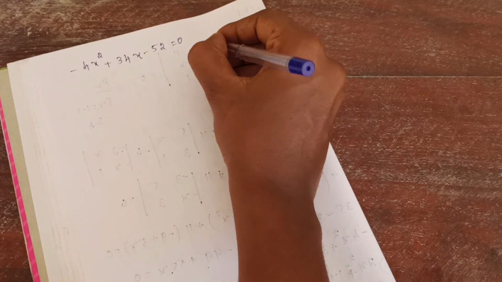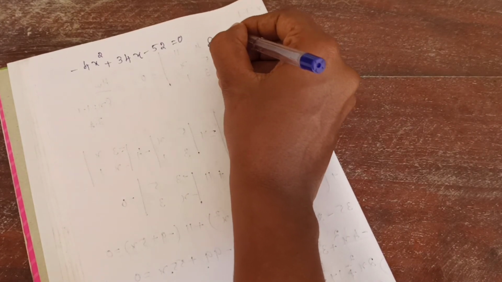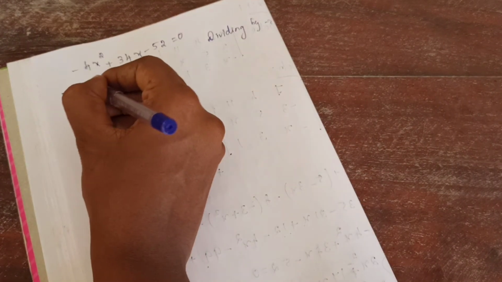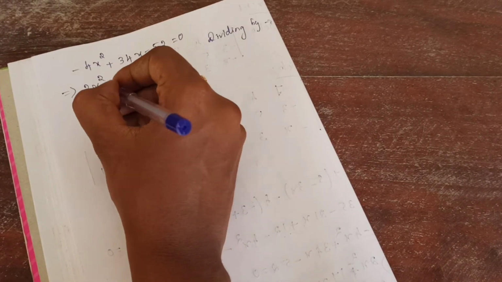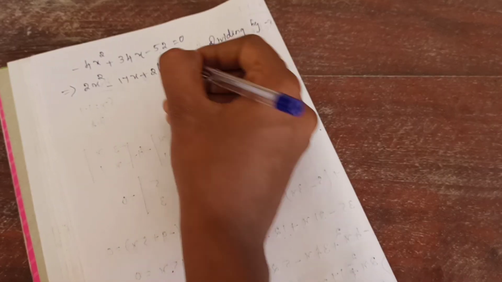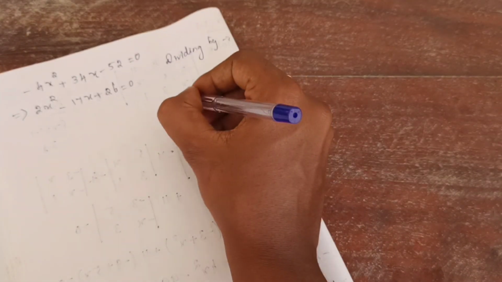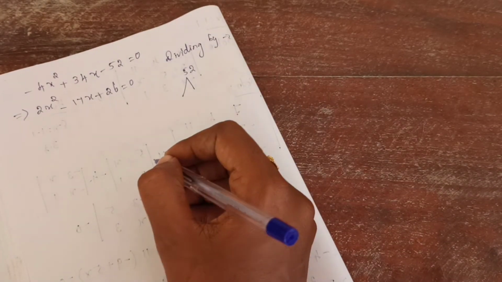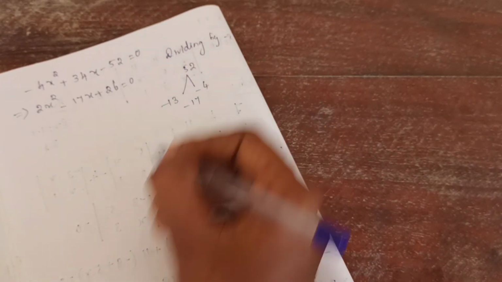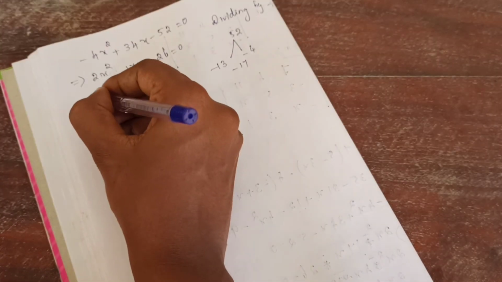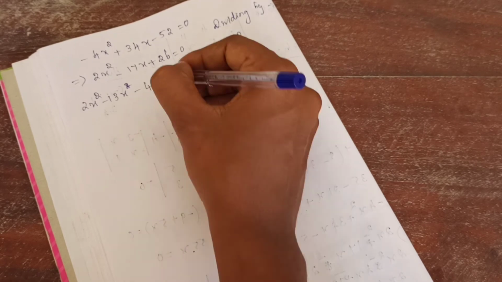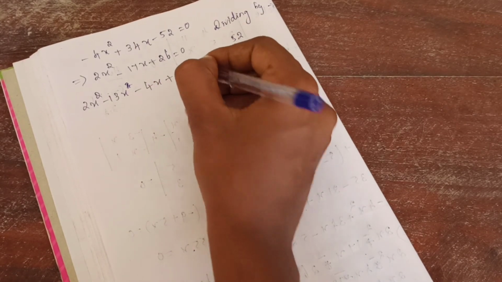Sorry, divide this by minus 2. So what will happen? 2x square, plus will change as minus, is it right? So minus 17x plus 26 is equal to 0. Okay, there is a change in the symbol. So 52, again I am doing 52, then it is minus 17. So 13, 4, both also minus. So how much? 2x square minus 13x minus 4x plus 26 is equal to 0.